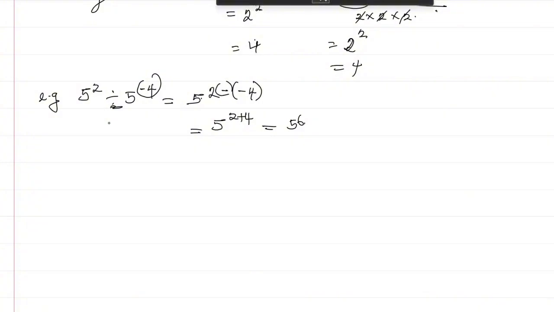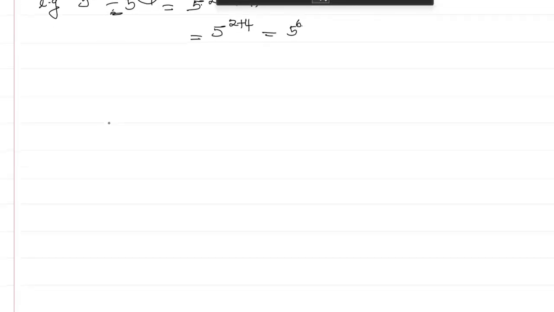You can expand this if you want, but this works just fine. Let's go to the third law. The third law is the zero index law. Zero index. What this means is that x to the power of 0 is going to give you 1, provided